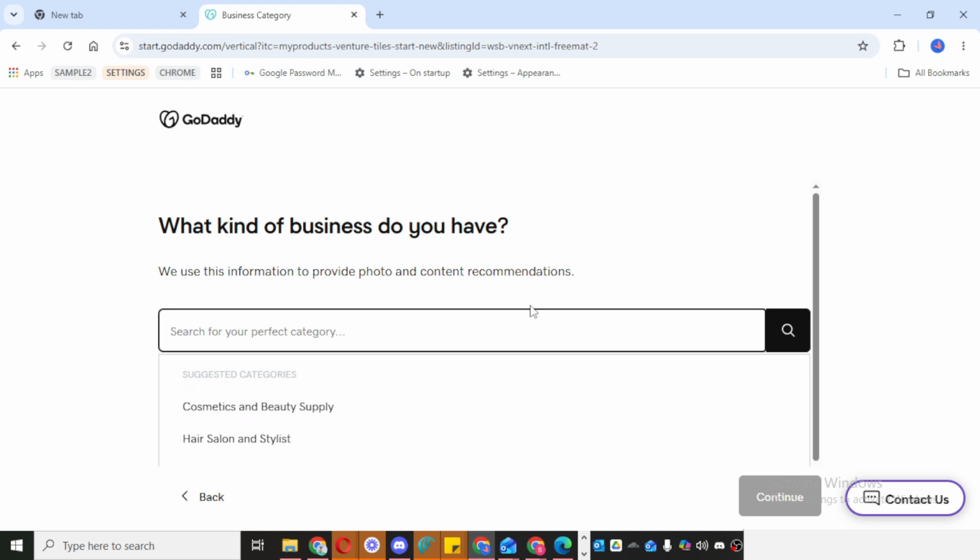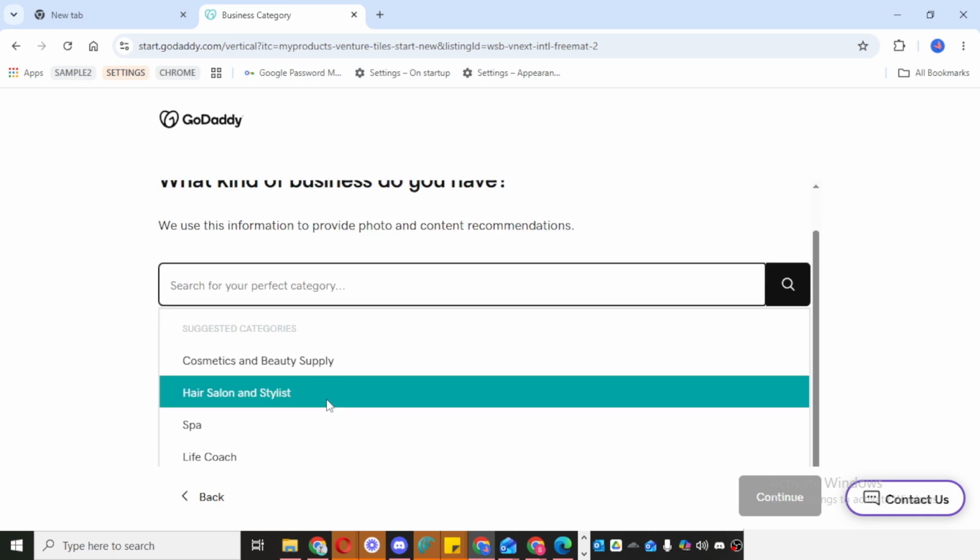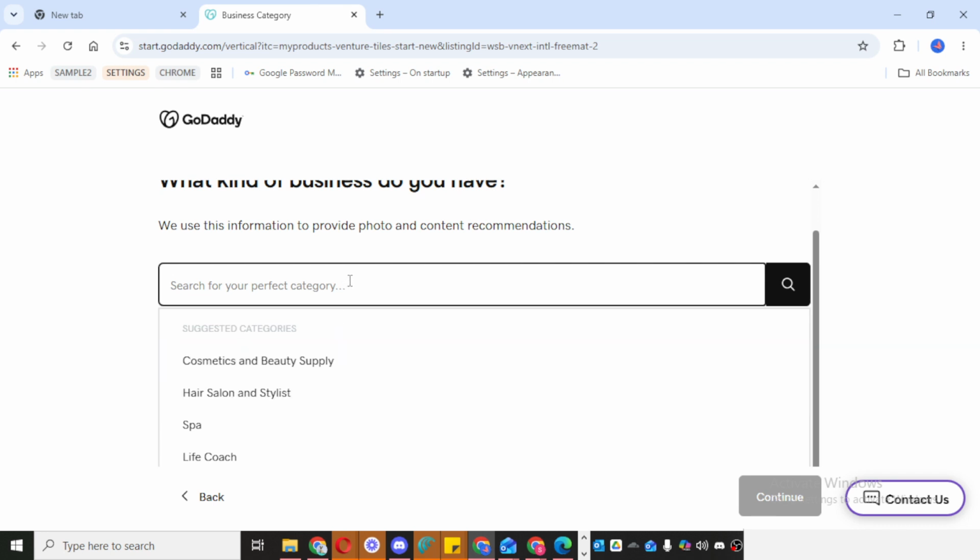And one of the first important details you'll be asked for is your shop name. Enter the name you want your clothing store to use, then click Continue. Make sure the name is accurate and presented the way you want customers to see it, since this can become part of your branding throughout the site.